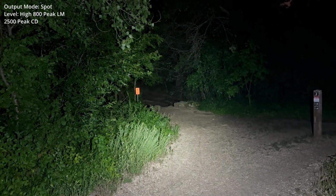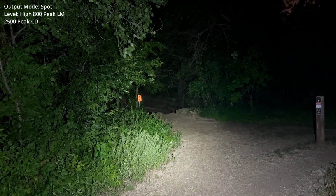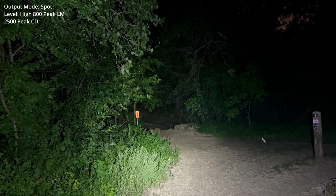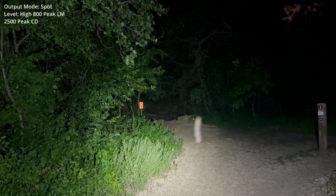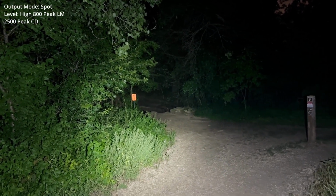So this is high spot, looking over a creek, back up the other side into a tree line that's over 35 yards from this position. Now I'll pan right,